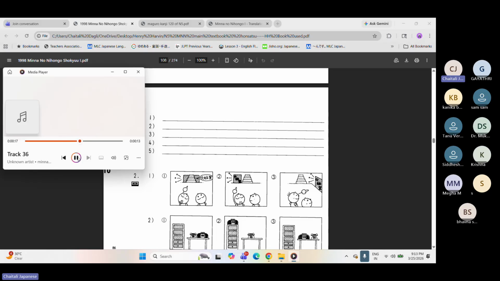あなたの部屋に時計がありますか 4、 日本語の辞書はどこにありますか 5、 うちの近くに何がありますか